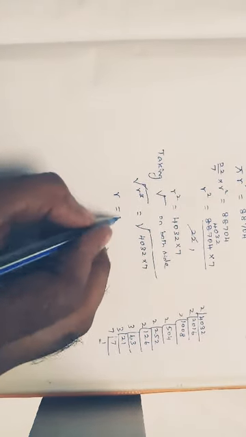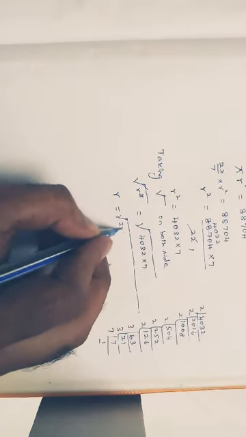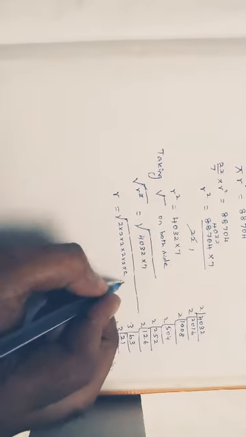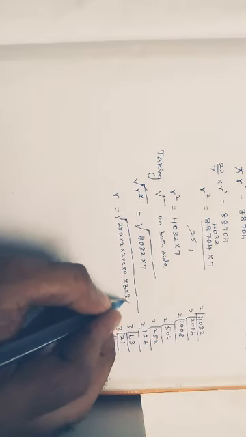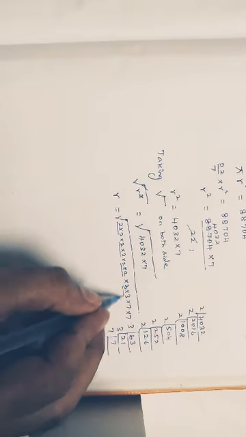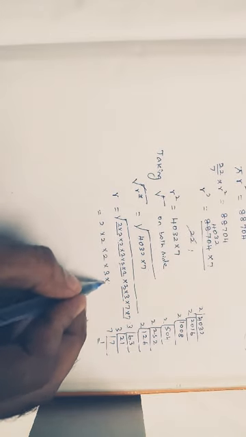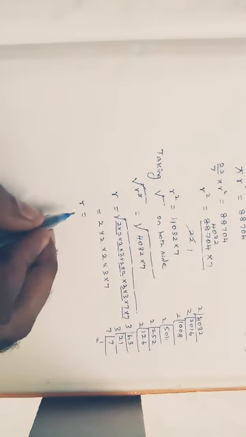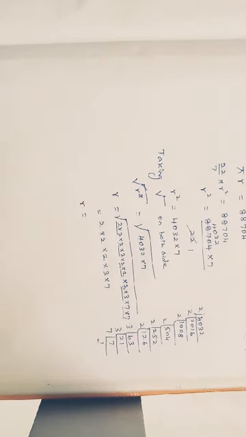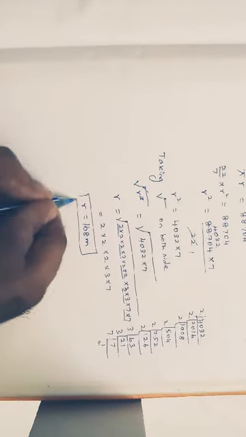So 4032 is nothing but the square root of, how many 2s are there? 1 2 3 4 5 6, so 2 into 2 into 2 into 2 into 2 into 2, six 2s, and 3 into 3 into 7, already one 7 is there, into 7. So for these we are having pairs: 2 into 2 into 2 into 3 into 7 is equal to, 2 into 2 is 4, 4 into 2 is 8, 8 into 3 is 24, 24 into 7 is 168 meter. Now we got the radius, right?